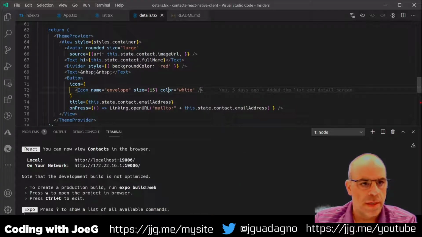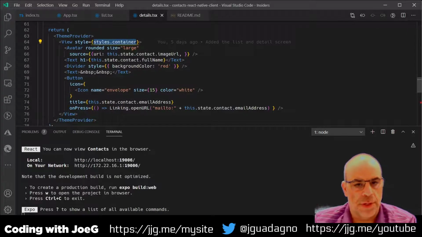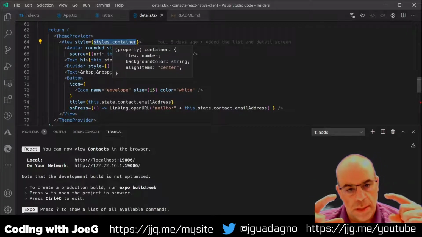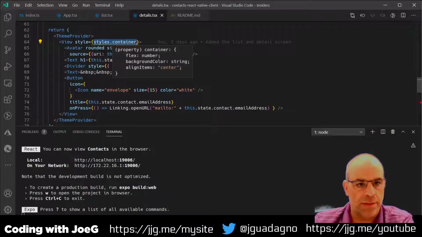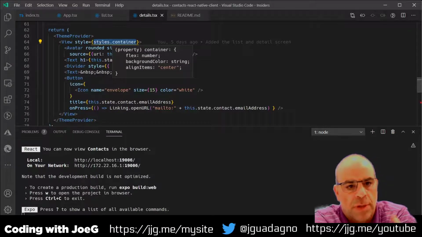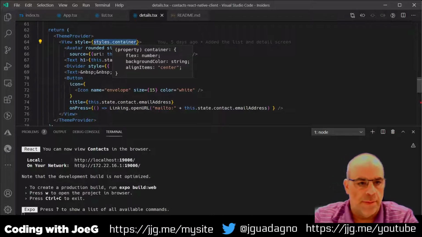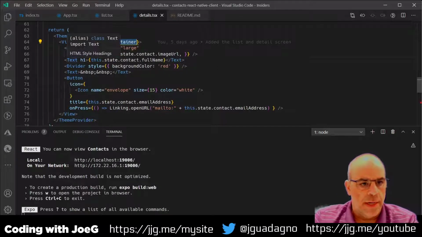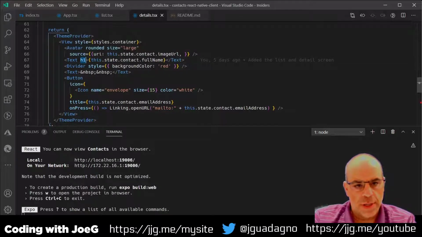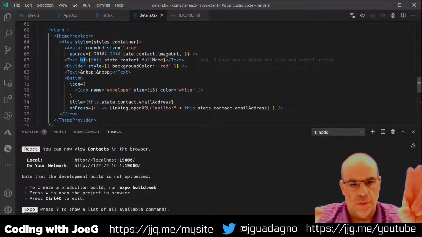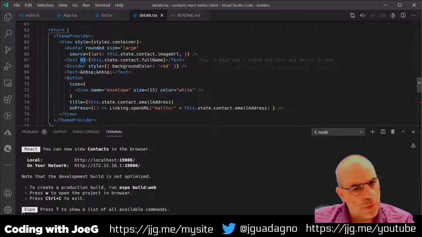Here I added mostly the styles container, which sets it in the middle and centers the text. As we see there, it has a background color, which is white, flex, which is a number, and the align items is center. We then added a text with the H1 property, which sets the full name to a level 1 heading. I'm not sure why this divider doesn't show up. I haven't figured that out yet. I think I'm just using the wrong colors. And then 2 lines, and then our button here with a title